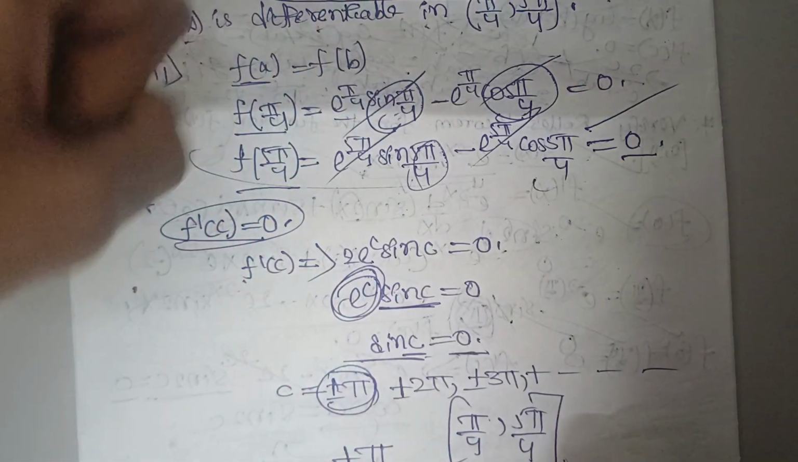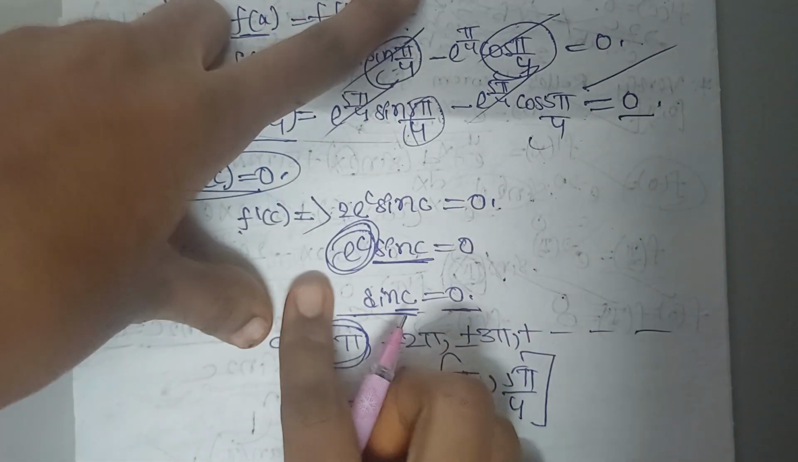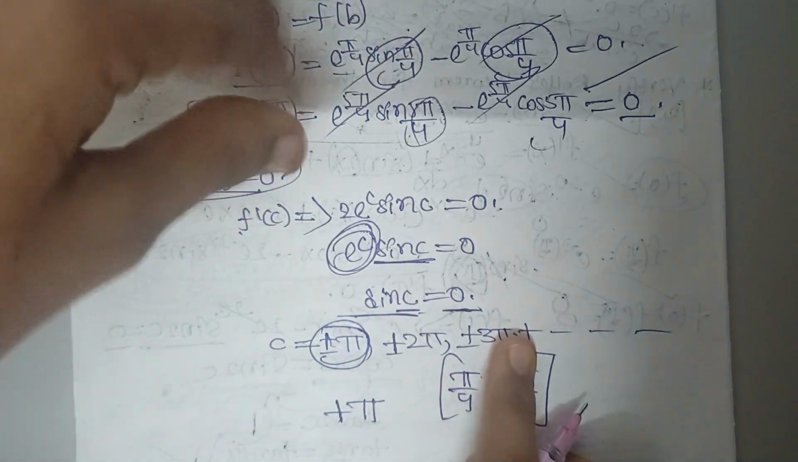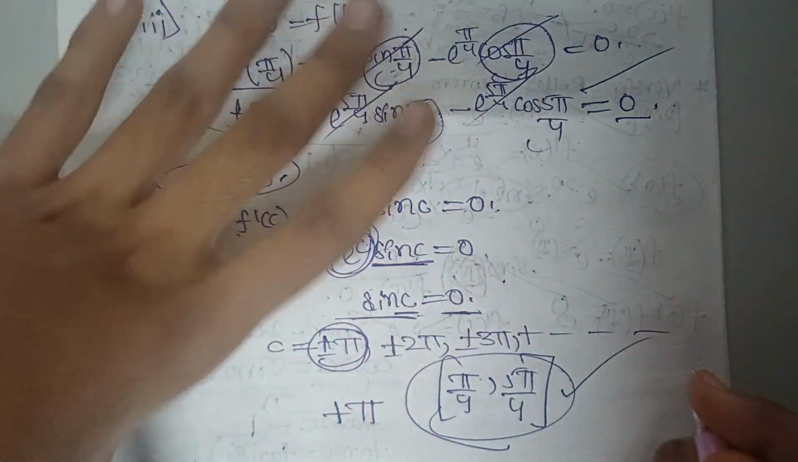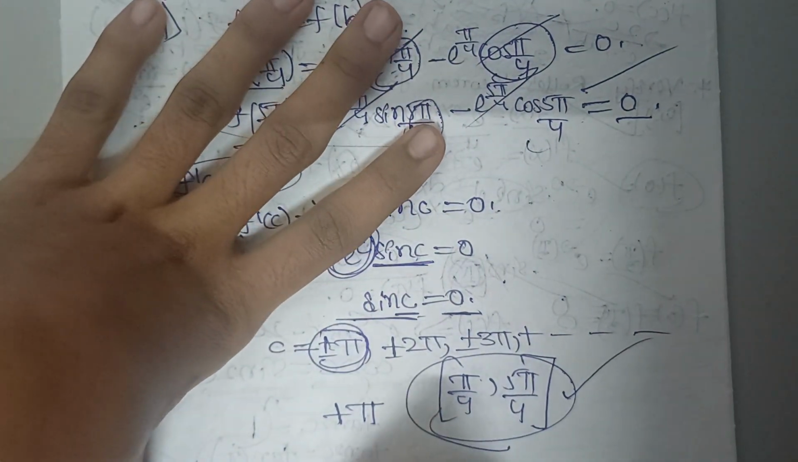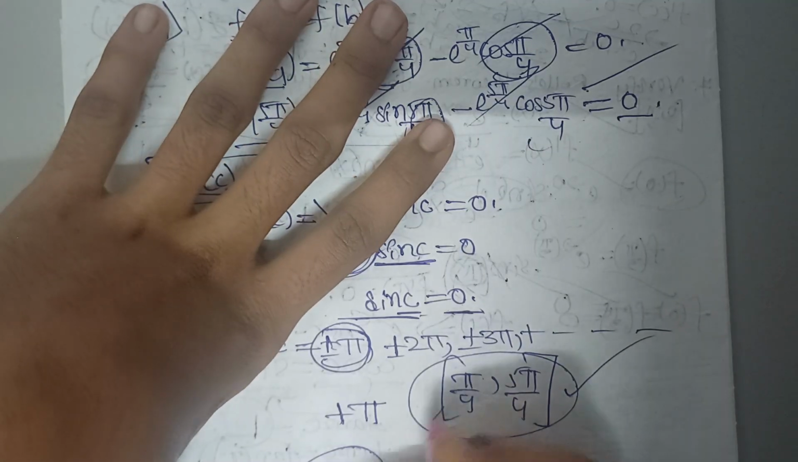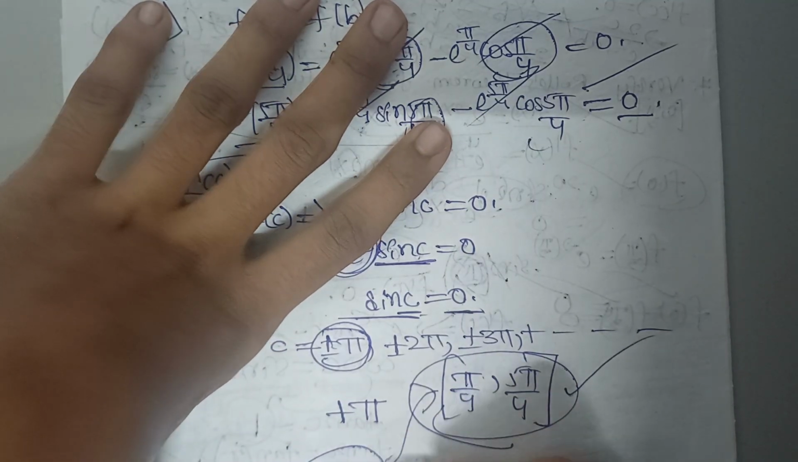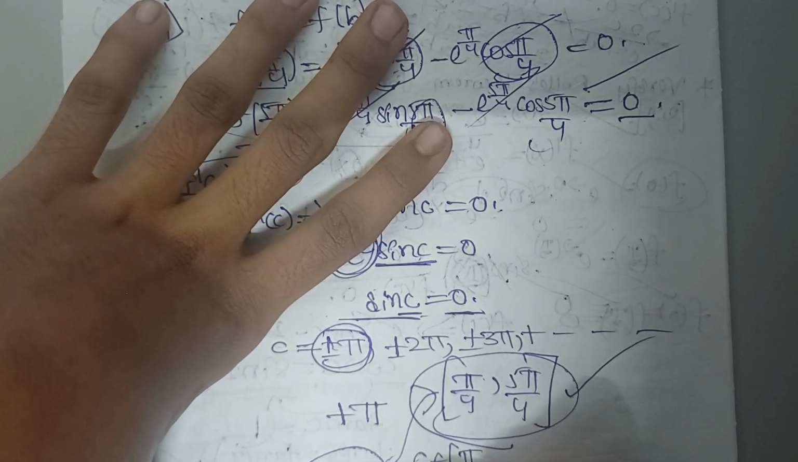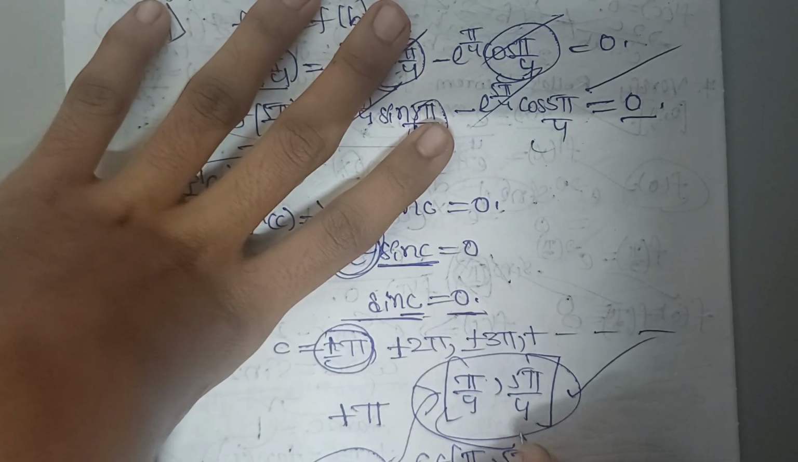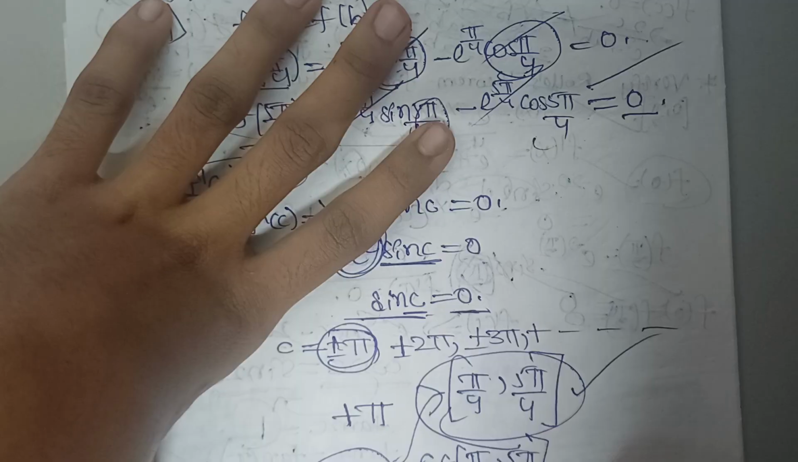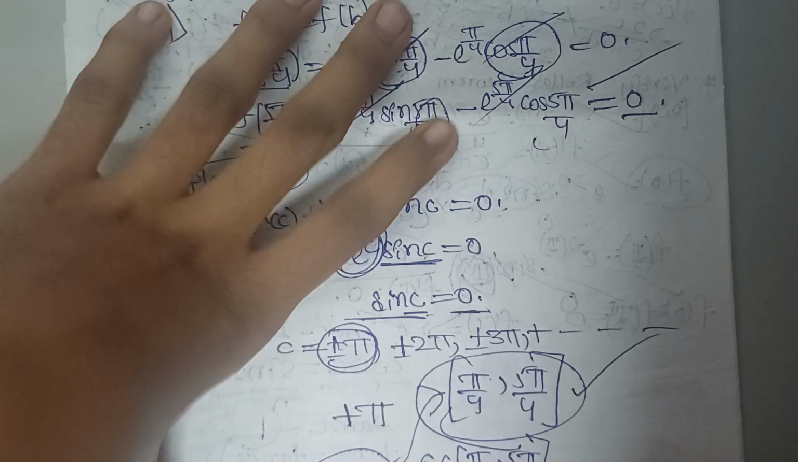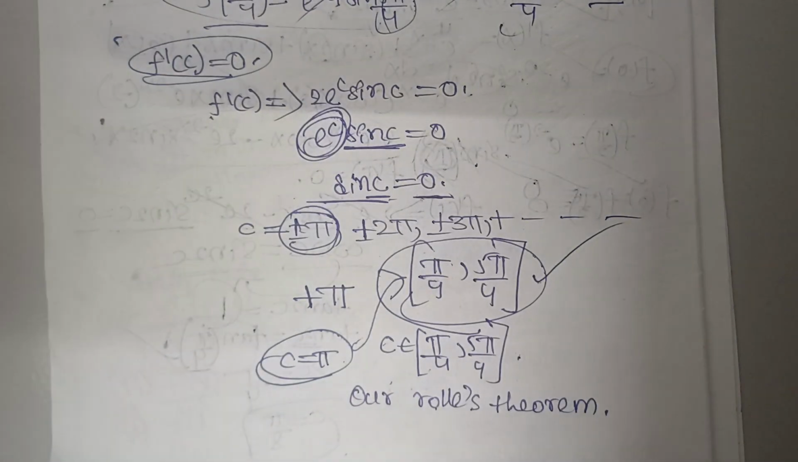So if at least one point gets satisfied, that is, if there exists one point in the given interval, then also the theorem is getting satisfied. So for c is equal to pi, okay, which belongs to this interval, right? Since c belongs to pi by 4 comma 5 pi by 4, our Rolle's theorem gets satisfied. This is how you solve the questions of this Rolle's theorem,